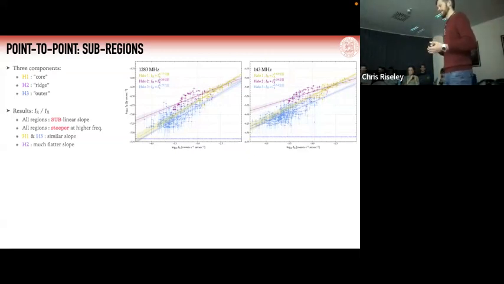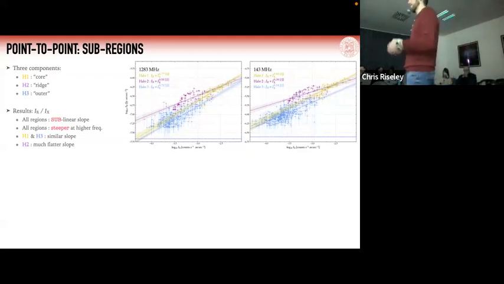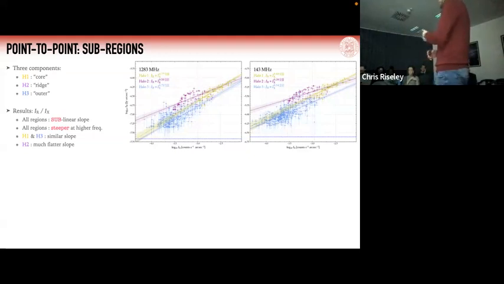And so one of the things that we looked at in the paper on Abell 1413, we did a very quick back of the envelope calculation to see what kind of slope you would predict from reacceleration of secondary electrons by turbulence. And in that scenario, you can also recreate a superlinear slope.